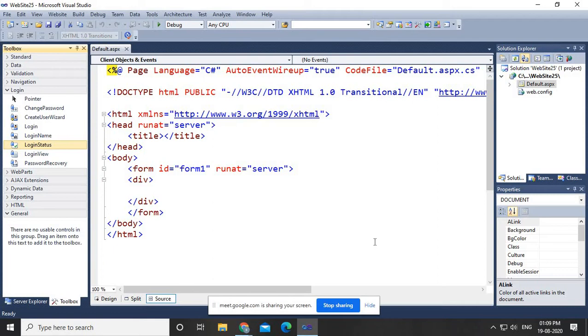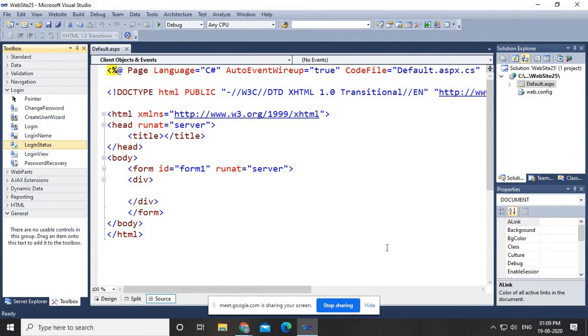Now we know that the main use of implementing a login is to protect our website from unwanted users. So we want to secure our website. How can we secure our website? Today we are going to focus on that. Obviously we are going to use the login controls, because without them we cannot manage the users. So we need to use a create user wizard control, a login control and so on.